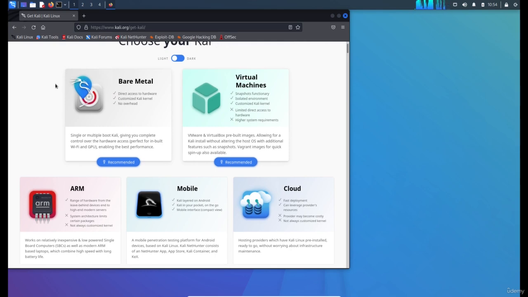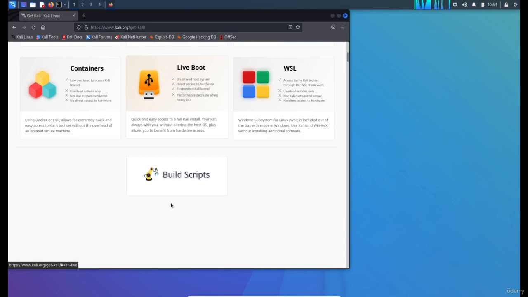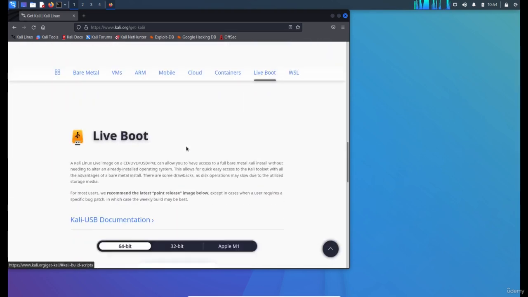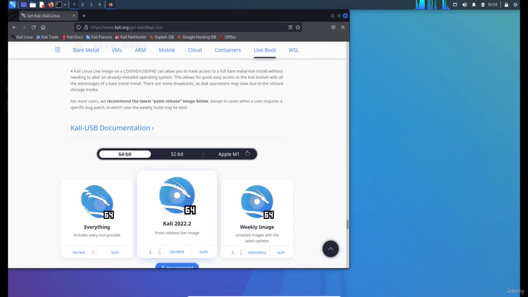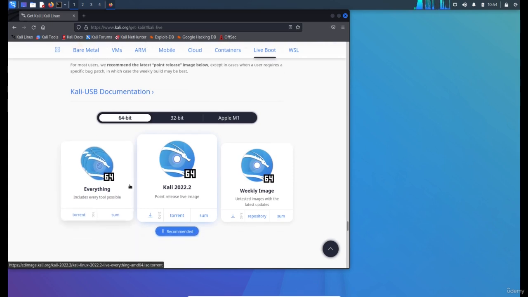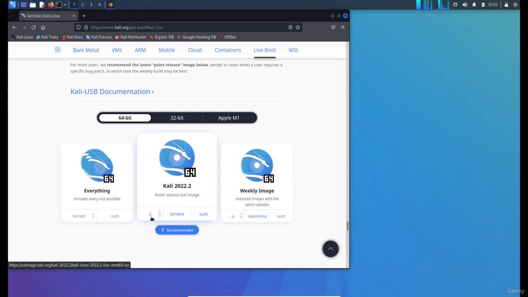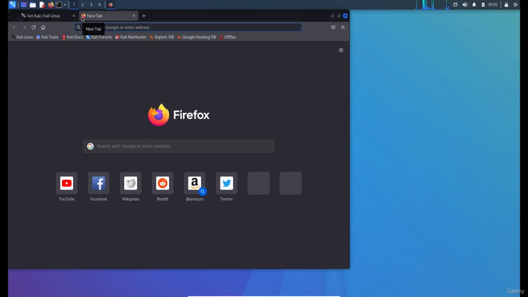So depending on what you prefer, for example, let's say live boot, you can install Kali Linux 64-bit. If you have an Apple, it runs on that as well. You can click on the little download arrow here, and it will download it. The next thing, you have an ISO file. Once the download is complete, you'll see in the bottom left it's a .iso file, and you can write it to a disk